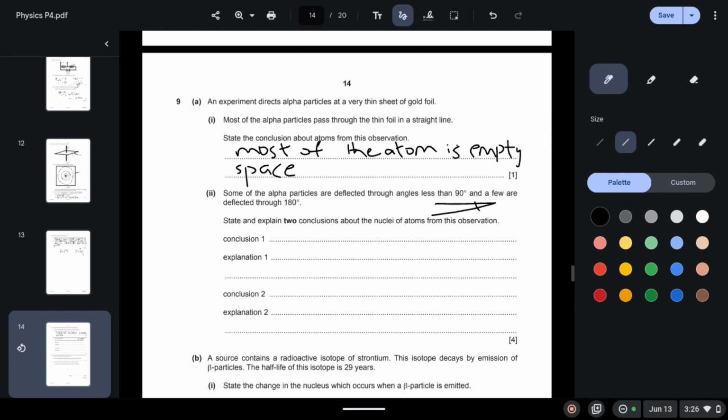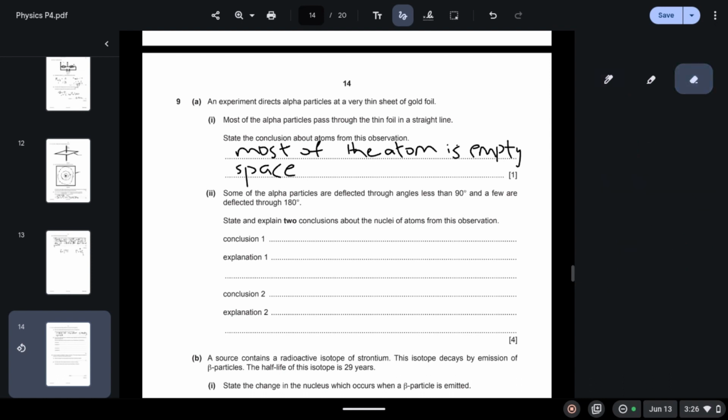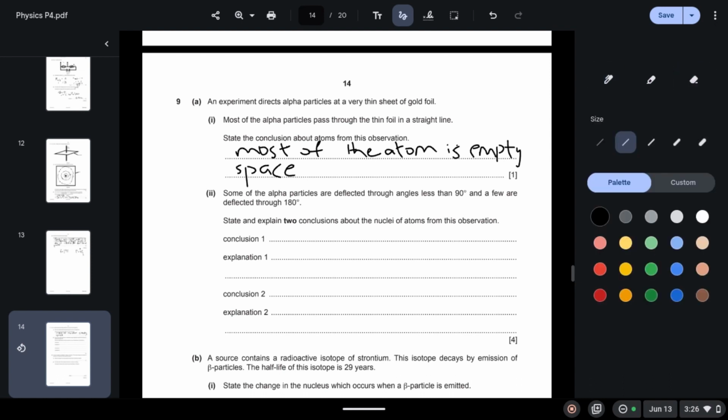So this tells us that the nucleus is very small and concentrated at the center of the atom, and some particles, when they do collide with the nucleus, they deflect through almost 180 degrees, because the repulsive force between the alpha particle and nucleus is large. So nucleus